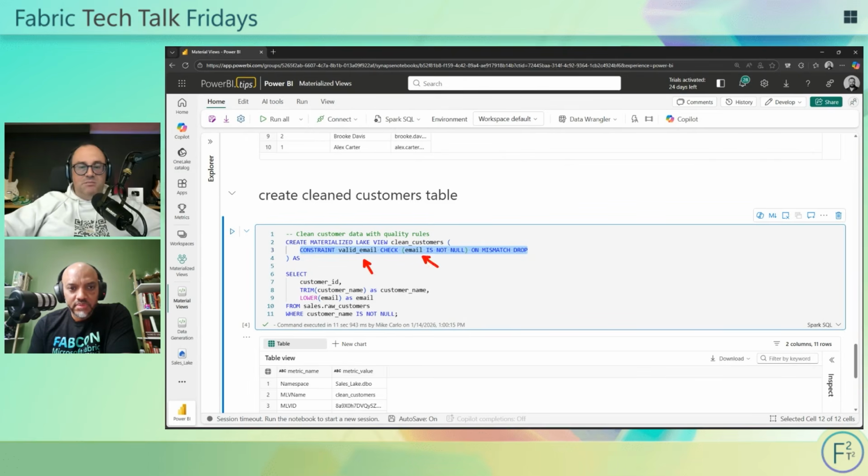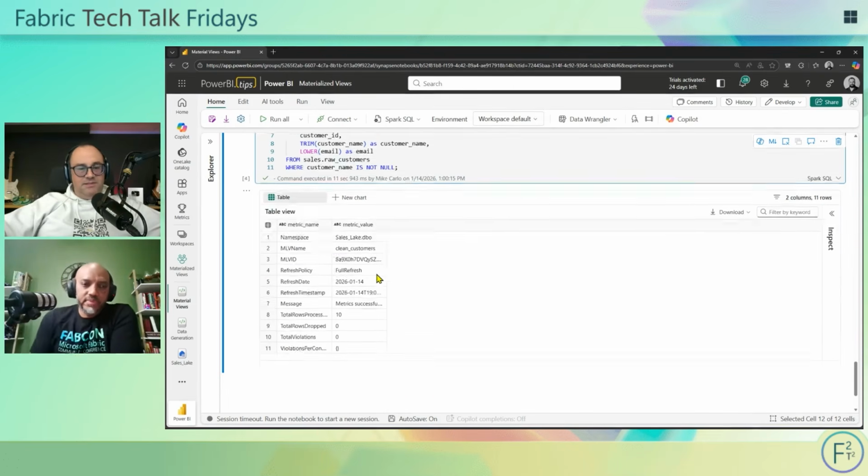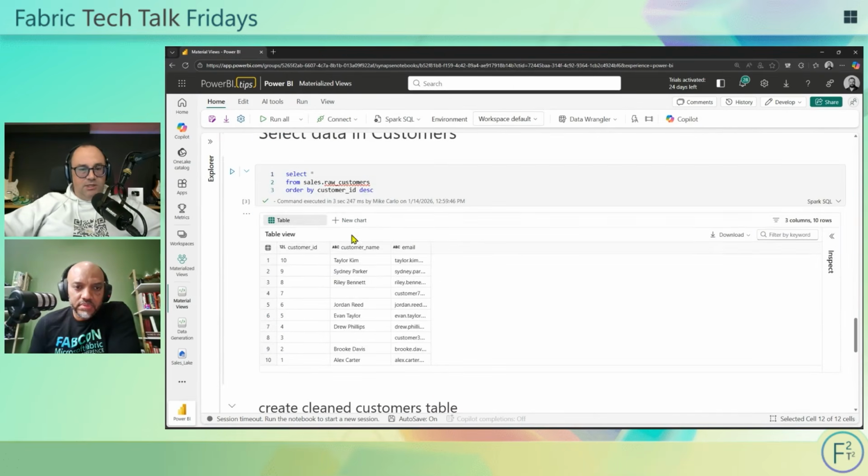We want to check that the email is not null. And if it is a mismatch, we want to drop the record. So it never makes it into the table. And so now what we can do is if I quickly grab my selection statement here, I'm going to